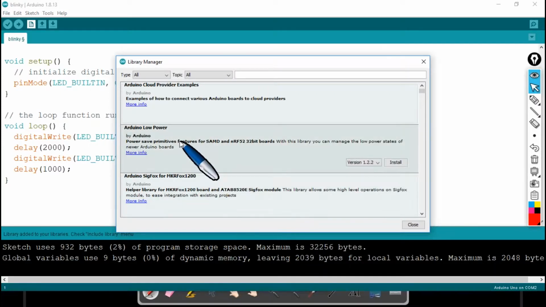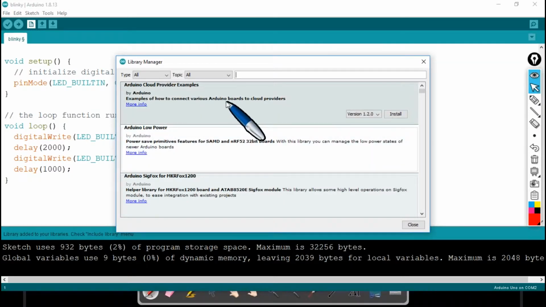And let me tell you, all these are free to make use of. No one is asking for even a penny, because this community is so powerful that you can get any kind of libraries for zero cost, for 0 rupees. Right now it has loaded all the indexes. The other way by which I can find the library is here. There is a field at the top wherein I can type my keyword like DHT, and hit enter.